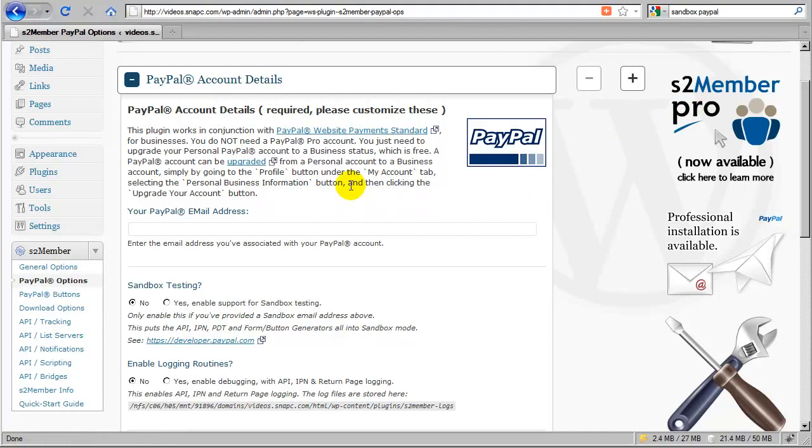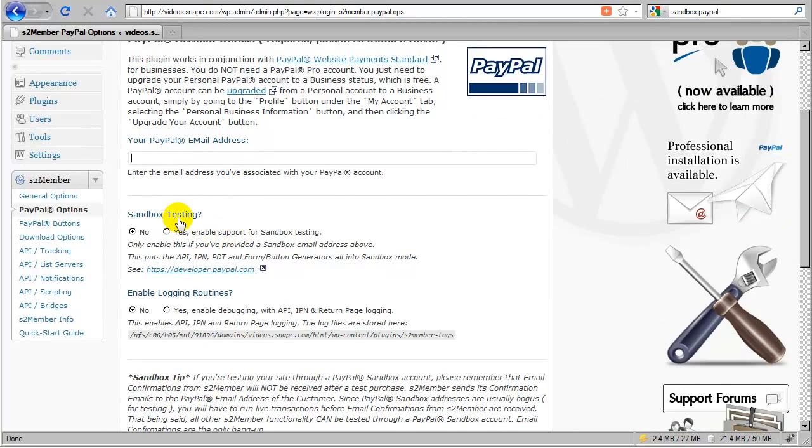For right now, getting back to Website Payments Standard integration, the first thing you do is make sure you have a business account. Once you've verified that, you put in your primary email address that's associated with your PayPal account into this box. You fill that into this field here, and then you can skip down to this section here,